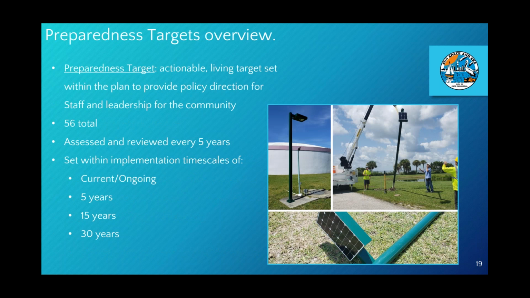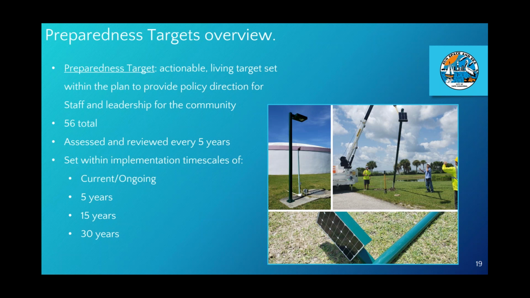Last but certainly not least, let's talk about the 56 preparedness targets outlined within the action categories. There is no reason for there being 56. This is just a number there happened to be after drafting. There could be more or less in the document, but we thought this was an appropriate and manageable number to begin with, as some are extensions of projects that are already being undertaken, while others are entirely new.